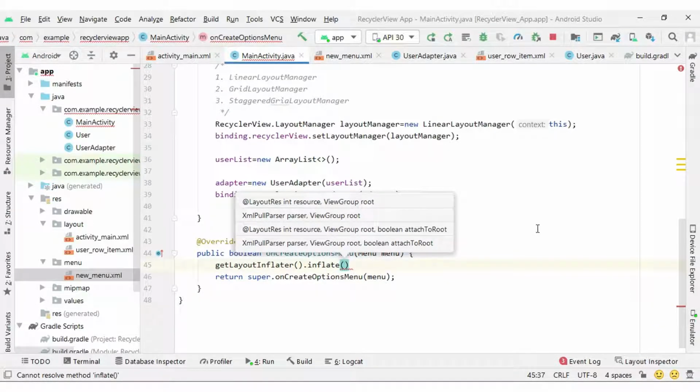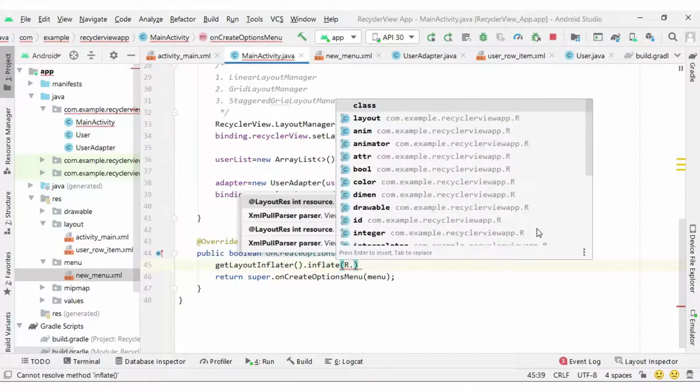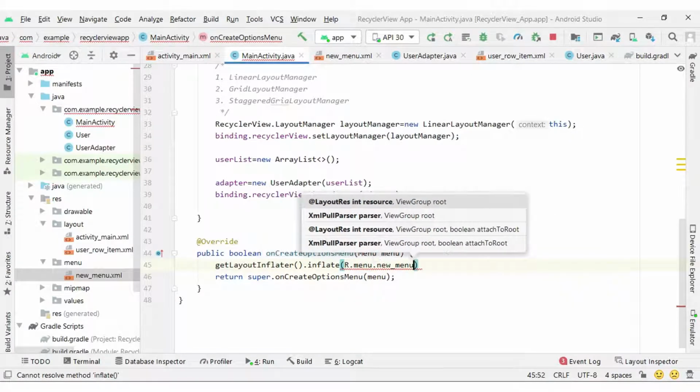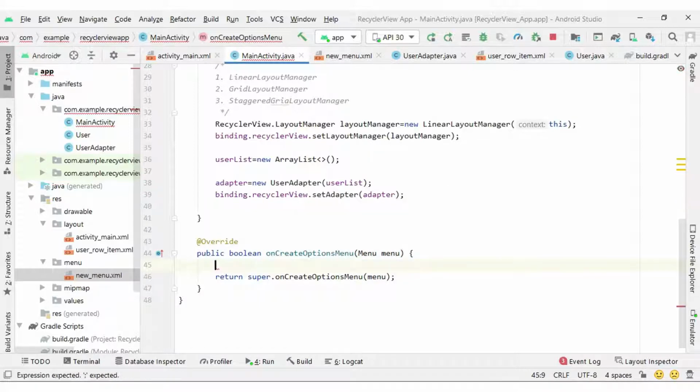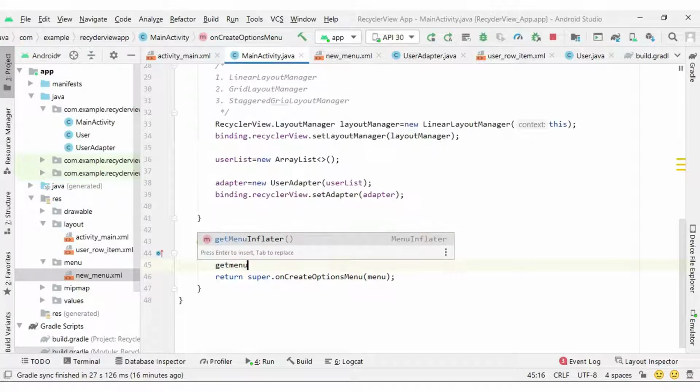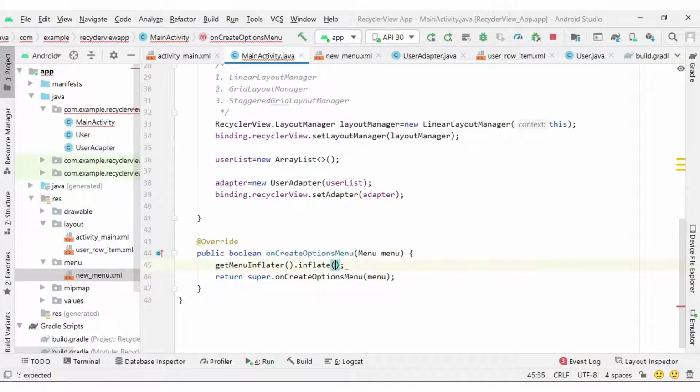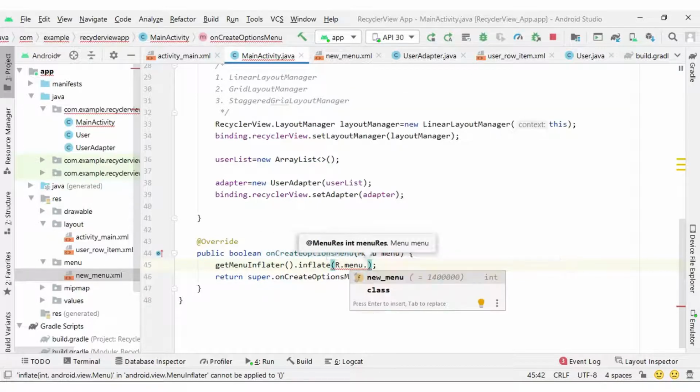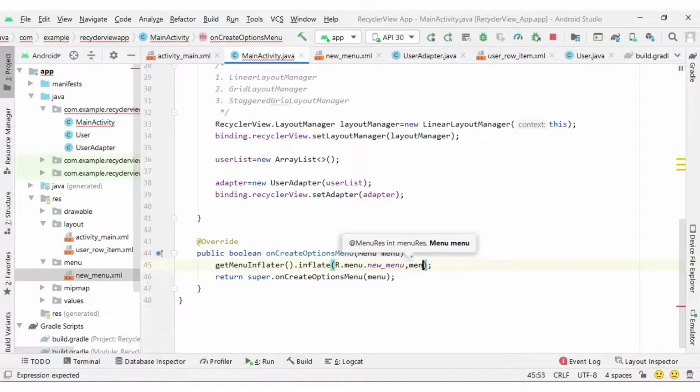Sorry, I made a mistake: instead of getLayoutInflater we need to write getMenuInflater here dot inflate, and inside the inflate method we write R.menu.new_menu, comma, menu. Okay, so we attached the menu resource file with our activity.